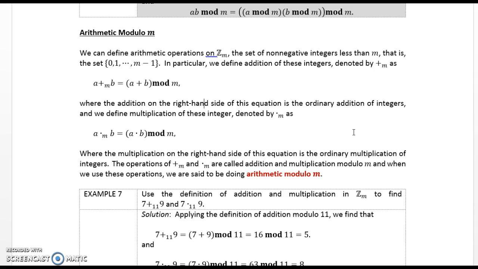And we define multiplication of these integers, denoted by the dot subscript m, as a times subscript m b equal to the product of a times b modulo m,